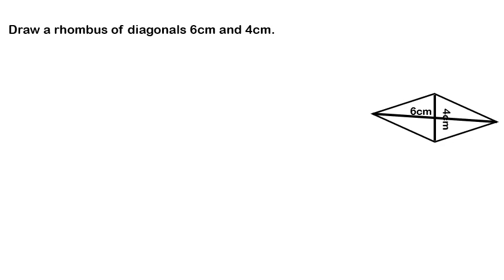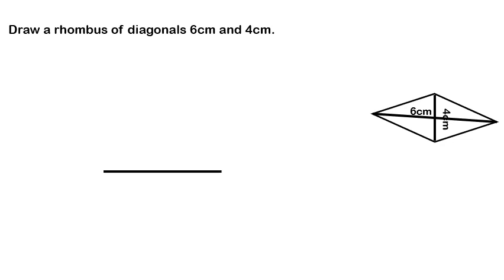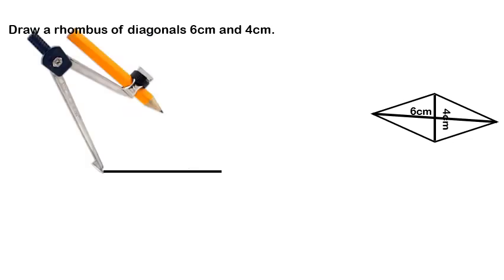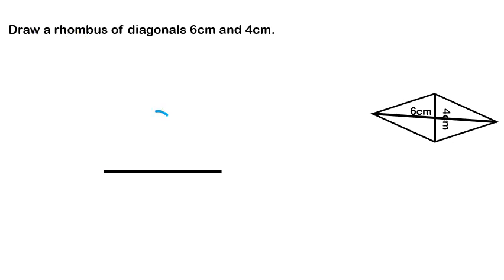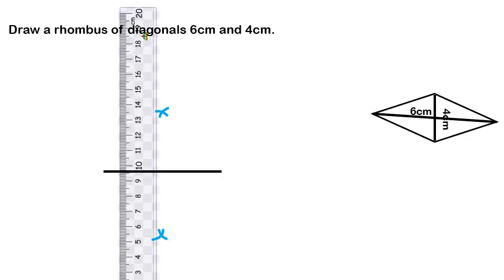Then start drawing. First, draw a horizontal line of length 6 cm. Then let us draw its perpendicular bisector. For that, use a compass and adjust its width to 3/4 of the line length. Then draw arcs above the line from both ends of the horizontal line, as well as below the horizontal line. Then use a ruler and draw a straight line passing through these points.